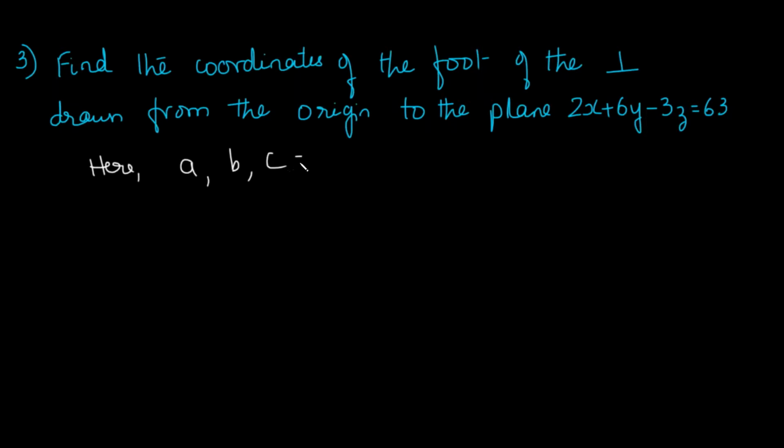Okay, so in this equation, here we have a, b and c, which are the direction ratios of the normal to the plane, as 2, 6 and minus 3. Remember, these are the direction ratios of the normal to the plane. Now we have to find l, m, n. In order to get the normal form of the equation directly, we divide each term of the given equation